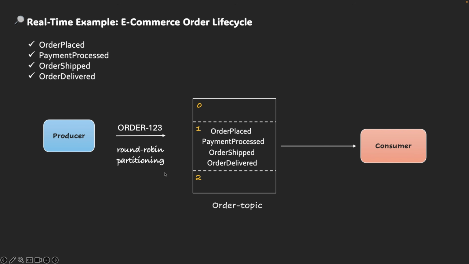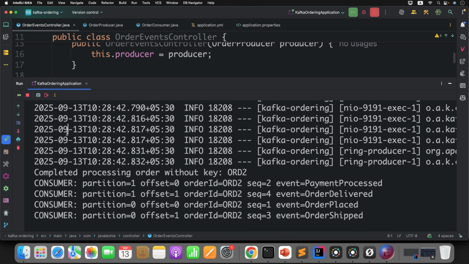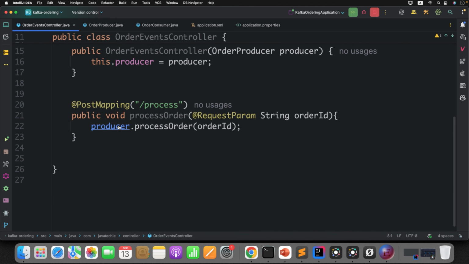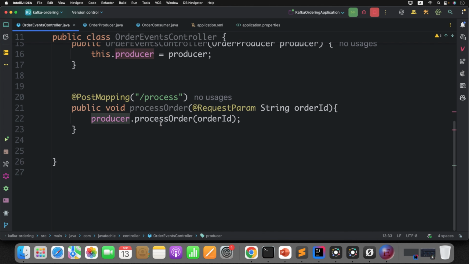Then the consumer can consume it and you will find the proper ordering of your messages. Okay, so let's try out how we can use the partitioning key to publish the events and maintain the ordering. Now what I can do, go to the producer, I will copy this,